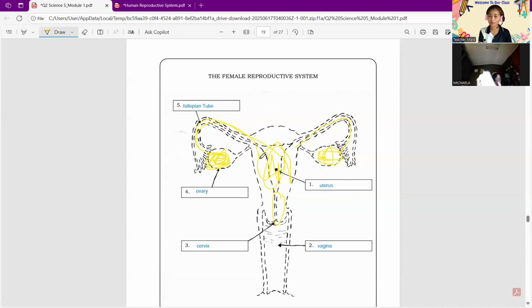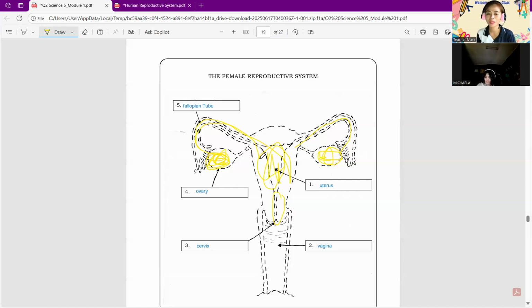Any question about this part? No, so far, no. All right. So for today, we were able to identify and define what a human reproductive system is. We were able to discuss both male and female reproductive systems with their corresponding parts and functions. Okay. So you're doing great today. Thank you so much.